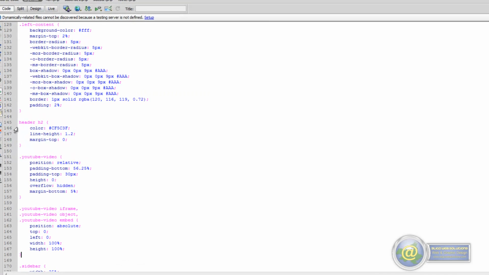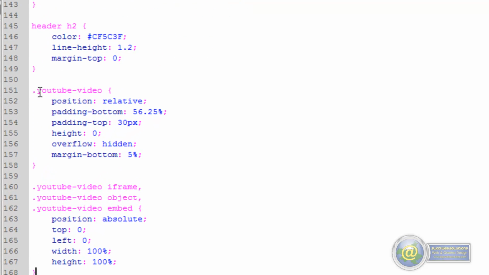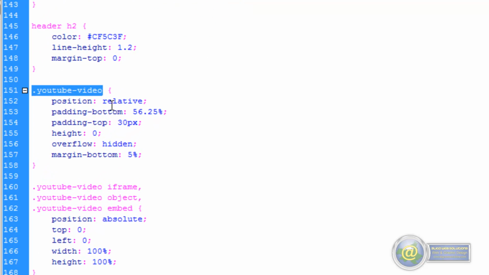So just under our header H2 rule in the left content area here, I've created 3 rules, and the first one is targeting our YouTube video div, and what we're doing is we're making this position relative. The padding bottom is set to 56.25%, and this is important because it's got to do with the actual height of the video container, so it has to be set to that. Anything smaller and you'll have a narrow video window, and you'll end up cutting off some of the actual video itself. Padding top of 30 pixels, height of 0, overflow hidden,